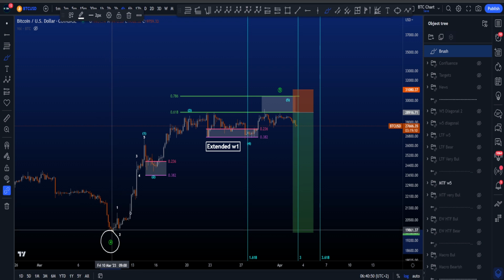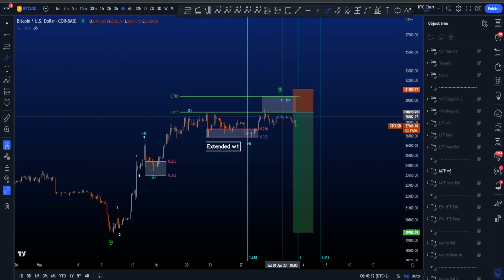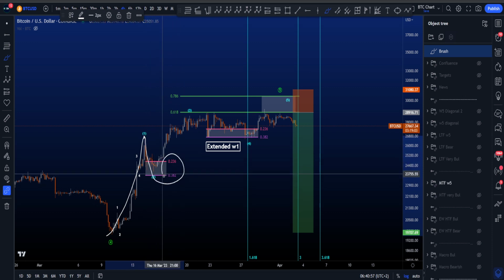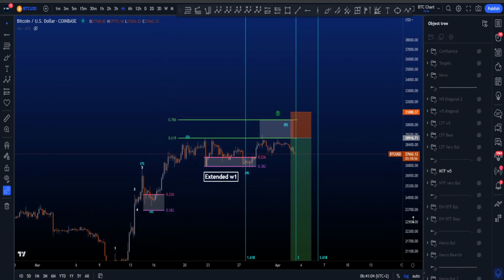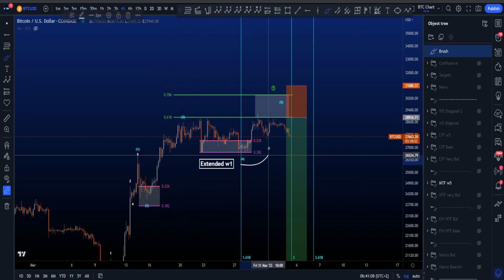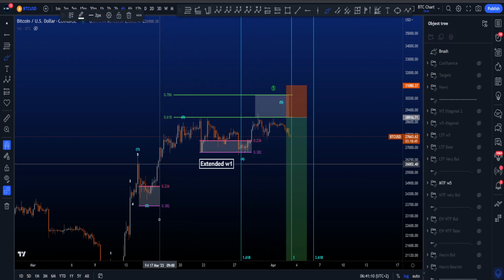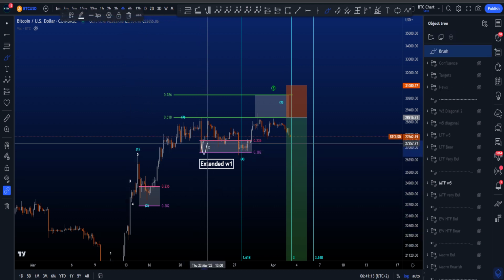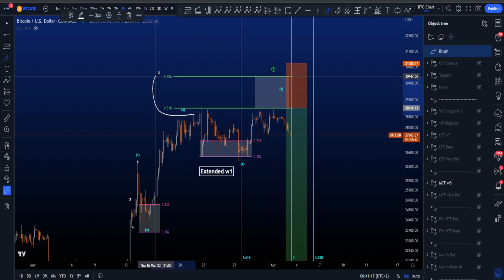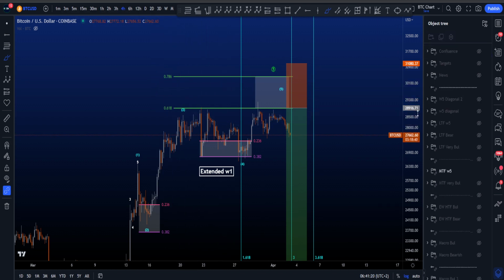So we have wave 4 down here, wave 5 over here, and this is an extended wave 1, followed then by a wave 2, where if wave 1 is extended, the most common target for a wave 2 is between the 0.236 and the 0.382. Wave 3 does not have any particular target in this scenario. Wave 4, most common target between the 236 and the 382 if wave 1 is extended, so very, very nicely respected. And then the wave 5, most common target is between the 0.618 and the 0.786, which is basically between